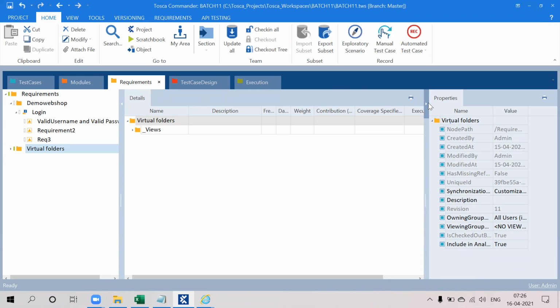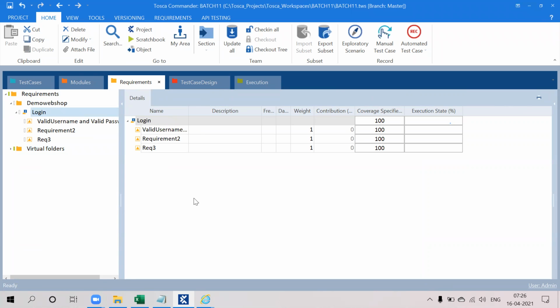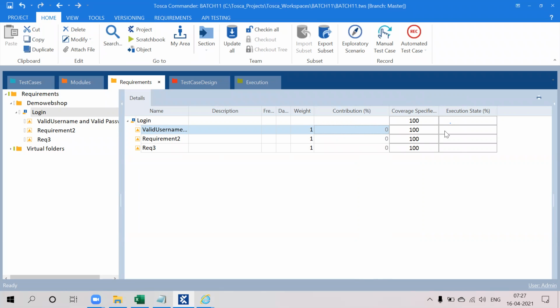When you create a requirement, you see a frequency class, a damage class, the weightage, the coverage contribution percentage, and the execution state. The coverage columns relate to your test cases, and the execution state is for the execution.